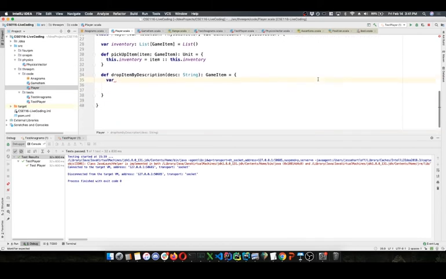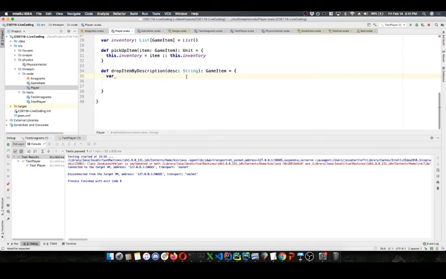So we're going to return something. We're just going to return an empty description. So let's default what we're going to return. To return, type GameItem equals new GameItem. Let's default to empty string, so if we don't find an item with this description, we're just going to return this thing. If we do find an item with that description, then we're going to reassign to return to that item that we found. So let's iterate through our inventory and look for an item with that description.